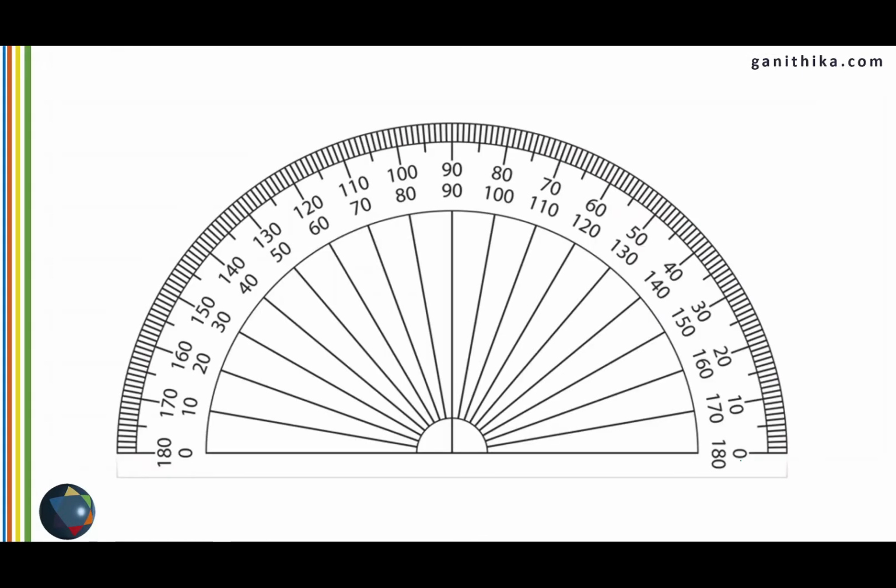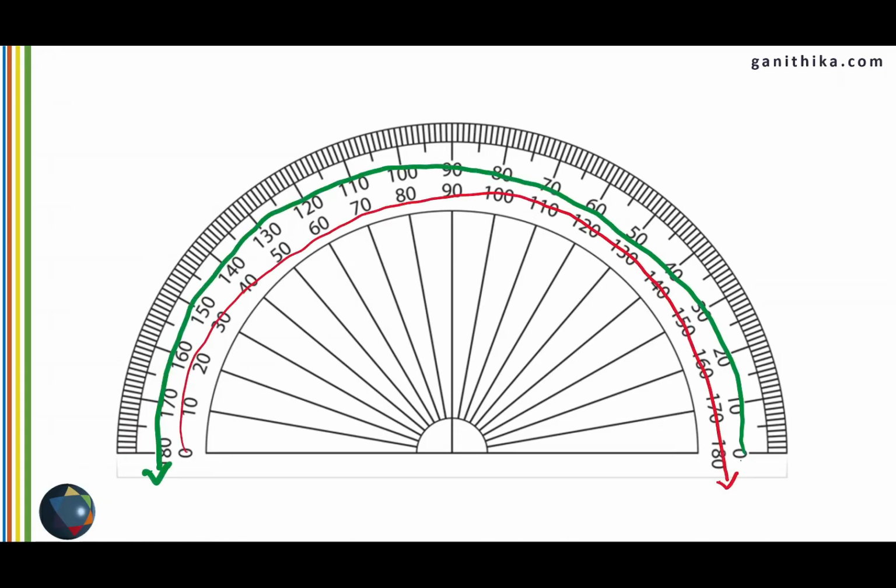The instrument used to measure angles is called a protractor, and it looks like this. Each division in the protractor is 1 degree. Therefore, a protractor measures the angle in terms of degrees. You should have noticed that the protractor has the numbers ranging from 0 all the way to 180 degrees on this side, as well as 0 to 180 degrees on this side. This is helpful to measure angles on both sides of the protractor. And another thing you can take from here is a protractor can measure a maximum of 180 degrees in this case. There are also circular protractors which measure 360 degrees, but this protractor measures up to 180 degrees.